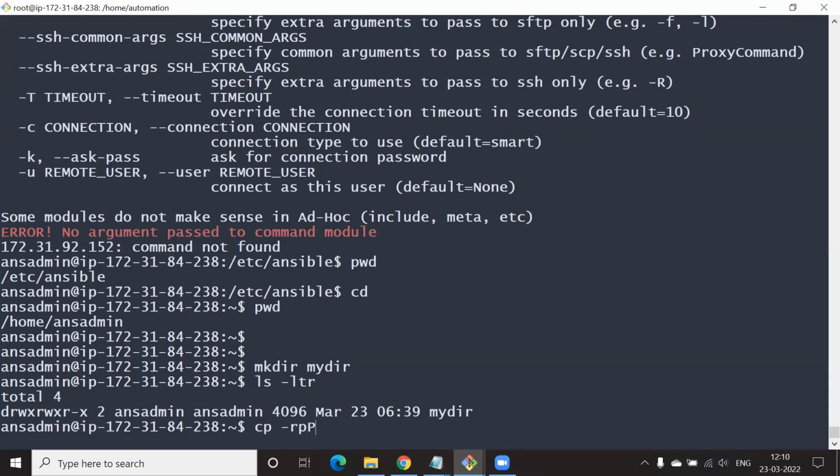And let's see, space /etc/ansible/staff.